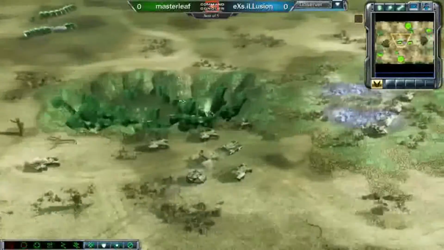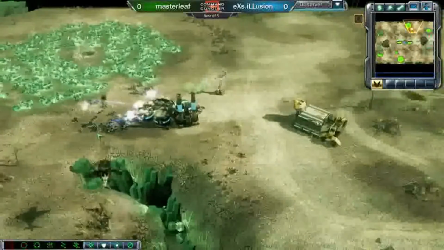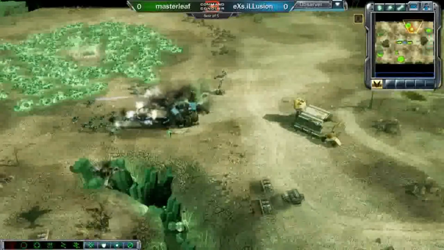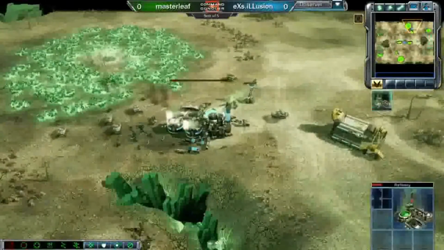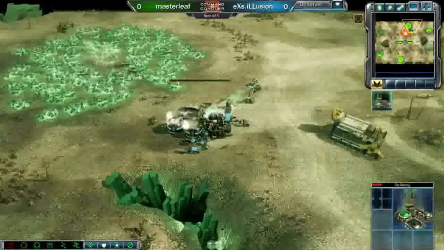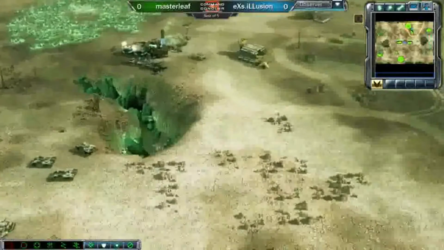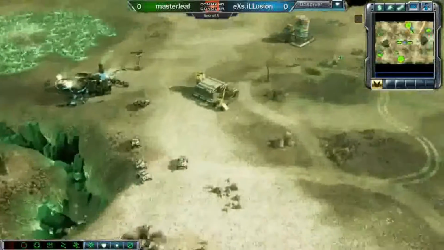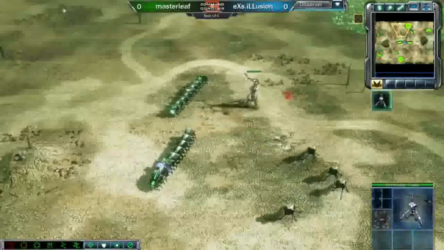Obviously, mechapede's not great versus shatterers. The shatterers will just simply annihilate them, but we do have the disintegrators out of Masterleaf coming up here and putting a stomp on the expansion of eXs.iLLusion, and has actually managed to kill off the harvester here, as well as severely damage the refinery. So eXs.iLLusion's definitely going to want to repair that and get back to work as far as getting that harvester back to work. And we do have a tech center down as well, so tier 3 down for both of